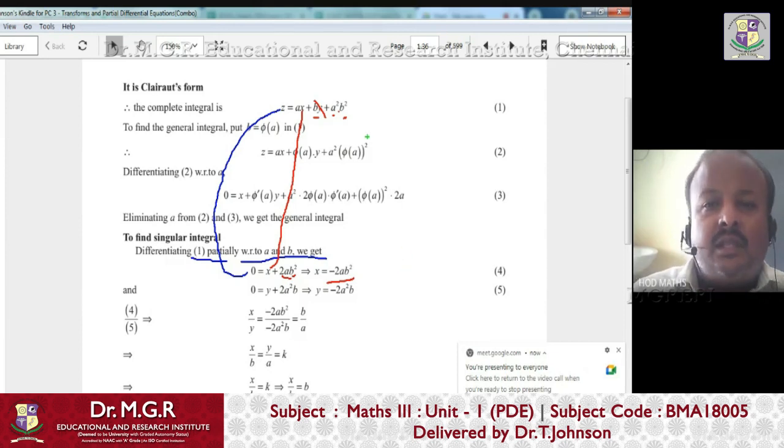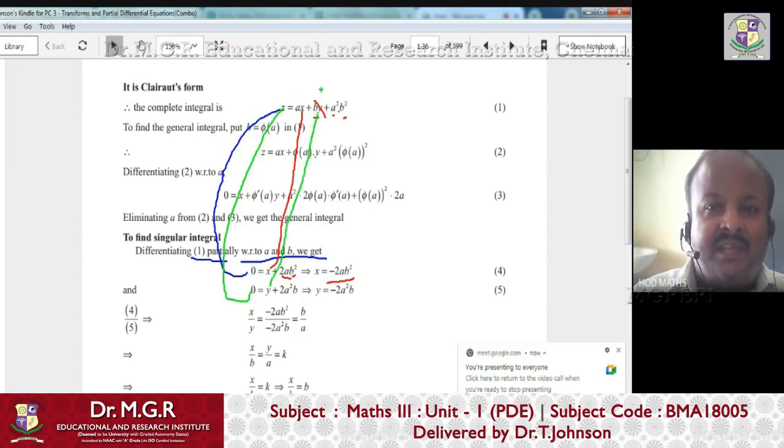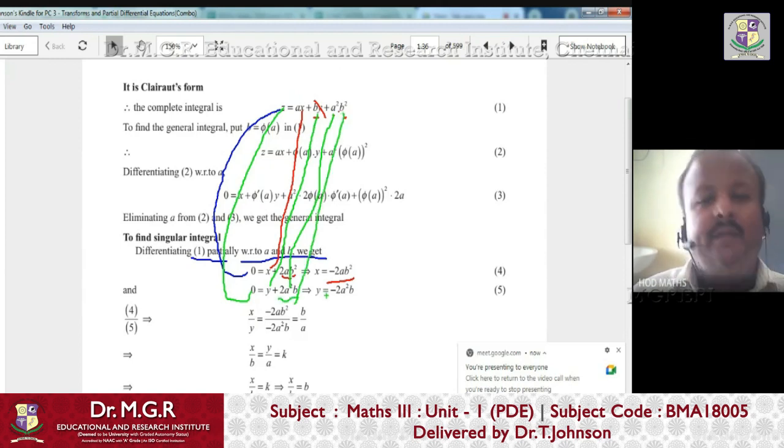Now, again, you have to differentiate the same equation with respect to b. So in that case, dou z by dou b is 0, because z is not a function of b. Ax also becomes 0 because both a and x are independent of b. Then in by, y is coming, because b is a variable and y is like a constant. Then in a square b square, here a square is like a constant, so a square stays as it is. And if you differentiate b square with respect to b, just like x square becomes 2x, here b square becomes 2b, right?